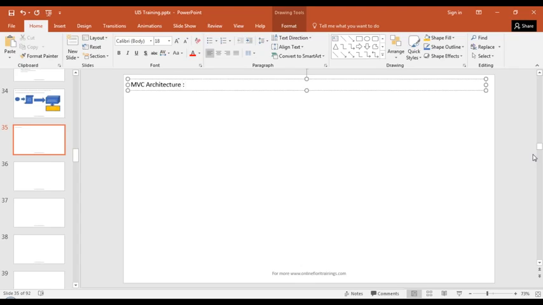What is MVC architecture? Before we even get into MVC architecture, let's discuss a very common problem which we all face in the software industry. Let's imagine we are all working in the software industry. We have all worked at one time or another with object oriented programming. Now, when object oriented programming